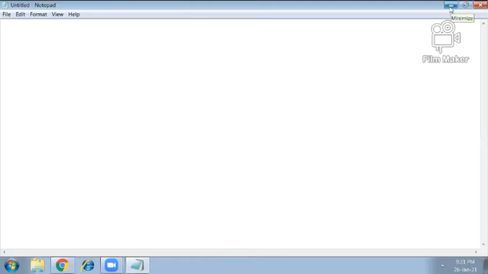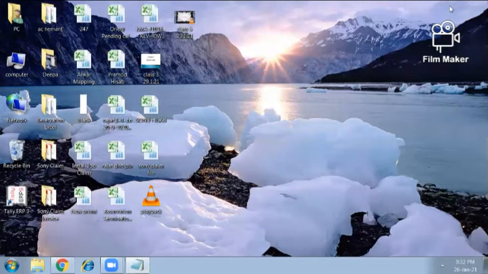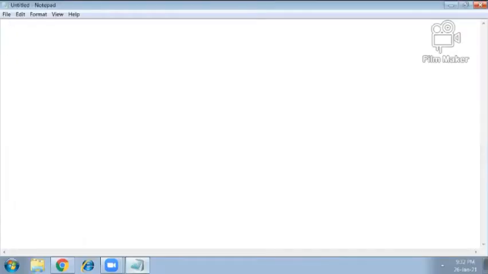In MS Paint, I told you that the minimize button will minimize the size of the window and it will shrink, and we can see it on the taskbar like this. Now you can see that our file is here on the taskbar. As I click on it, I will find the window on my screen like this.